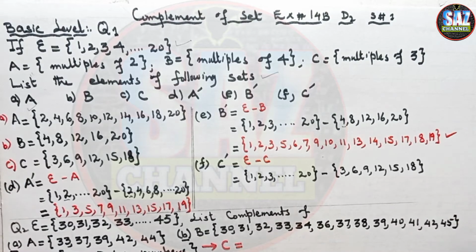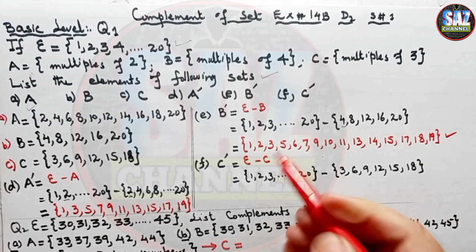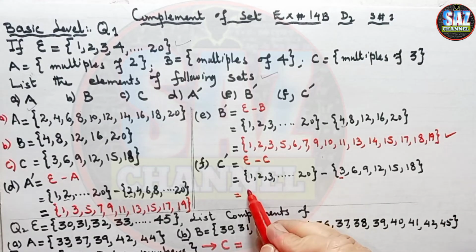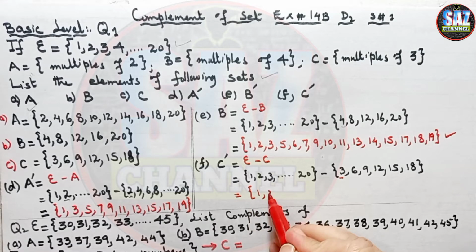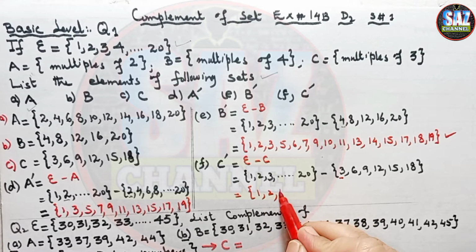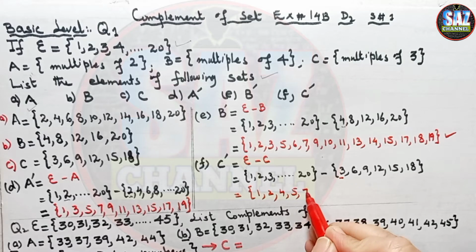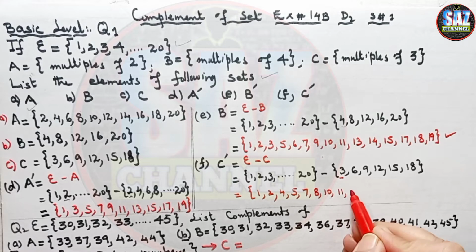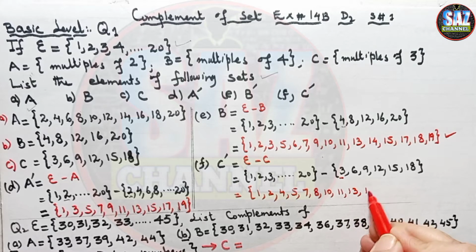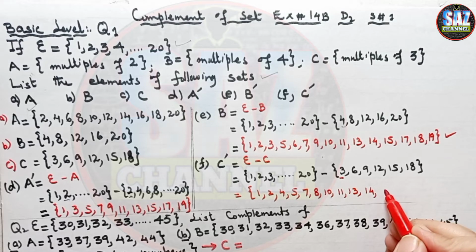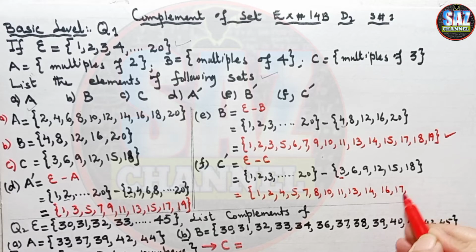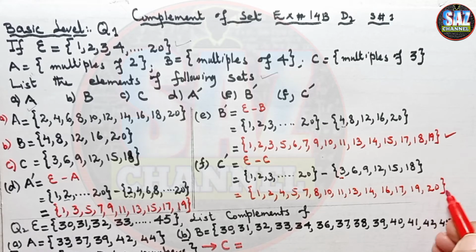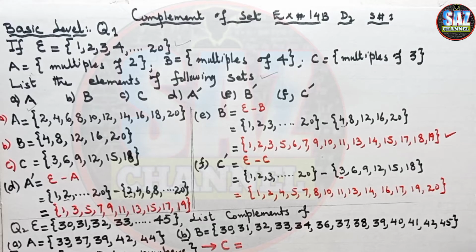So what I will be doing in the complement, I will be discarding multiples of 3, and C complement will consist of 1, 2, then leave 3, then 4, 5, and 6 will not be coming, 7, 8, and 9 will not be coming, 10, 11, 12 will not be coming, 13, 14, 15, I do not have to write, 16, 17, then I have to skip 18, 19, and 20. Really easy question and an important part of your CIE examination as well.